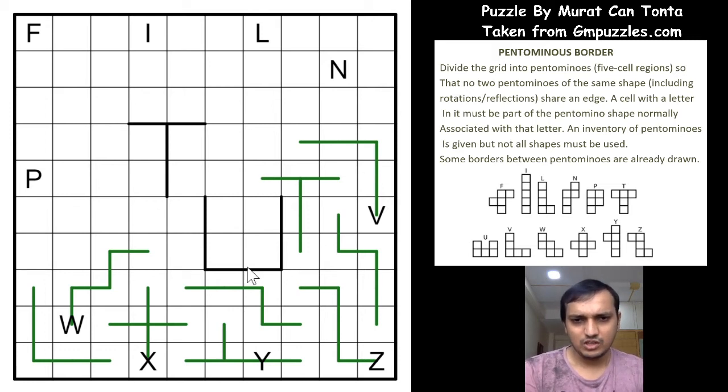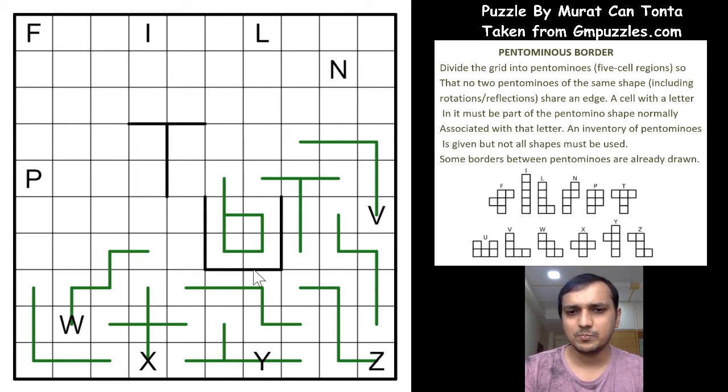Now if you see, this kind of instance usually occurs in a pentomino puzzle. So you have four cells, 1, 2, 3, 4, and only one way to make this pentomino outwards towards the fifth cell. So all the four cells will be part of a pentomino, and the fifth cell that is coming out will be completing that pentomino. So it is a P now.